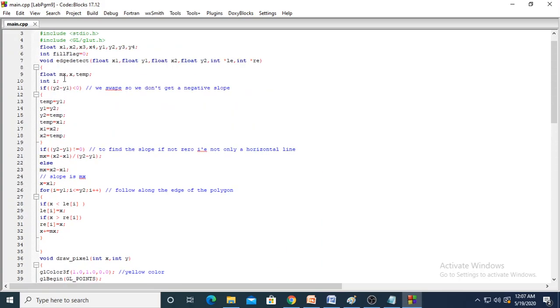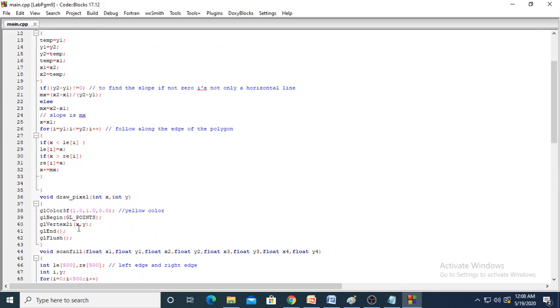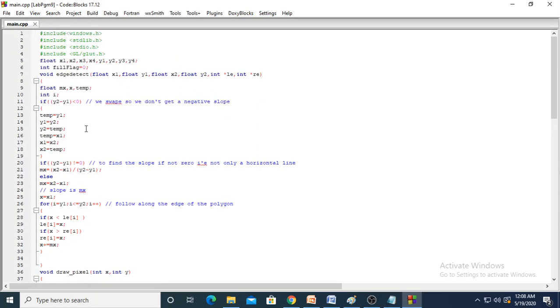So we are coming here, the edge detect is there. All the values are passed here. When you are passing the values, they are re-initialized to x1, y1, x2, y2. So the actual values may be different, x3, y3, x4, y4 like that. But when you pass the values here, they are re-initialized as x1, y1, x2, y2 along with the array. You know it is an array pointer, so the values will not be changed even if you come out of this edge detect function. This swapping will be done only for the right edge array. Left edge array we are not swapping.